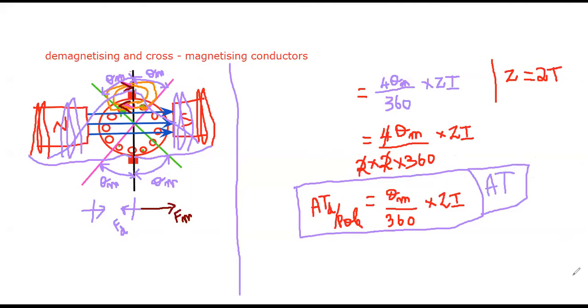So next what we are going to discuss is the cross magnetizing effect. Coming to this cross magnetizing effect, again there is a need for a pictorial representation of the DC generator, so that the whole concept is quite easy for us to understand, and we can see how the formula has been derived. So now we are going to deal with the cross magnetization effect, right?